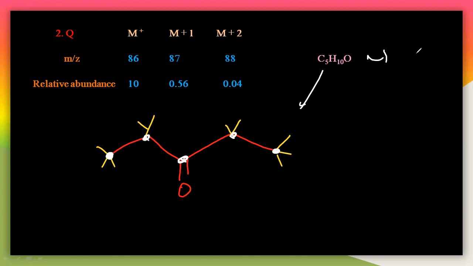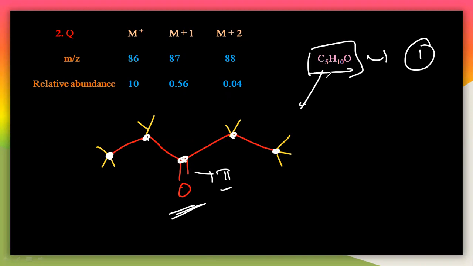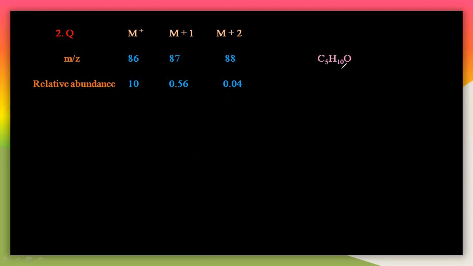And see here the double bond equivalence just now only calculated, that is 1 here. So that is 1. This is the 1 here, because there is a 1 double bond. So like this, you will get a particular structure here. So this particular formula is C5H10O. The possible structure will be like this. So you can also try other examples, with other structures like that. We will see in the next lecture the different possible structures by using the double bond equivalence here. So this is the final answer. This is C5H10O, and the final structure will be like this.